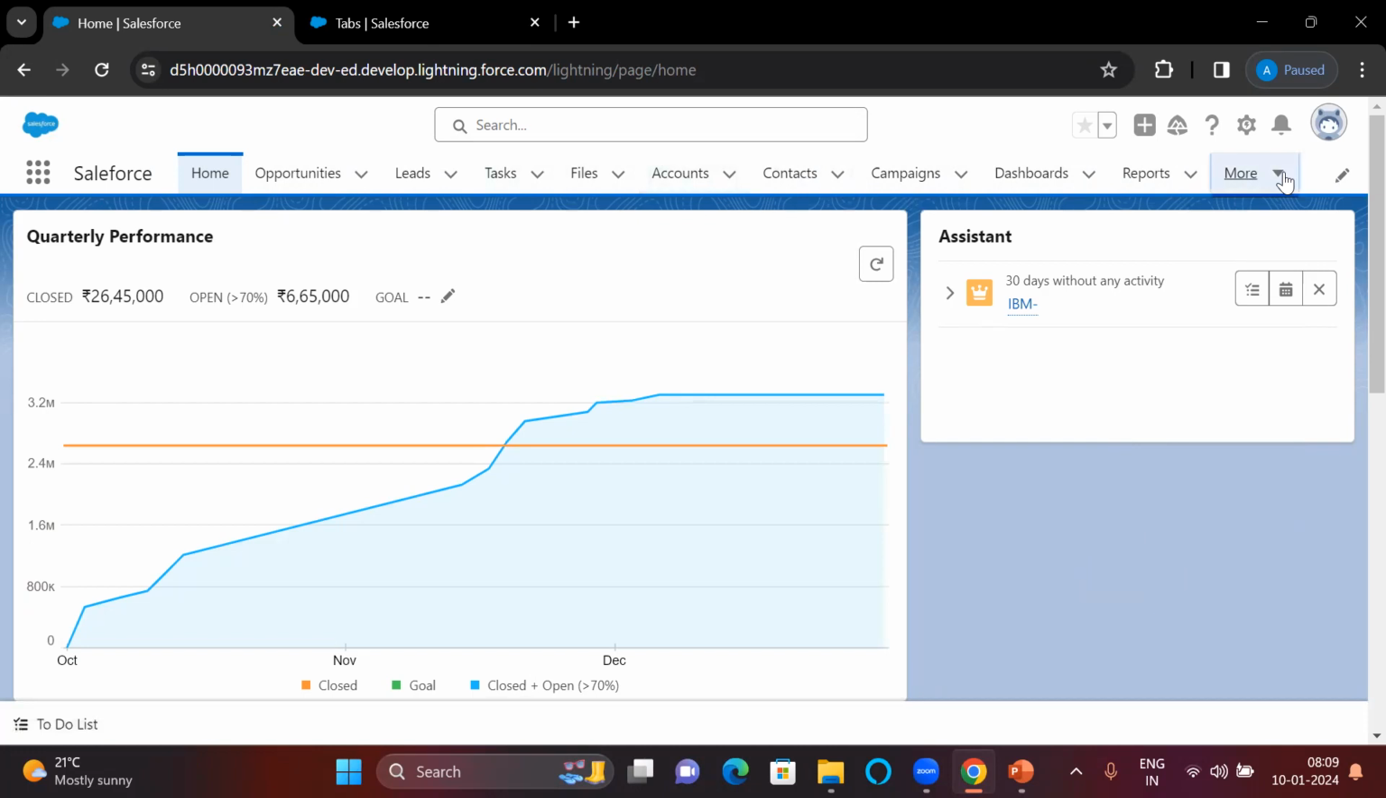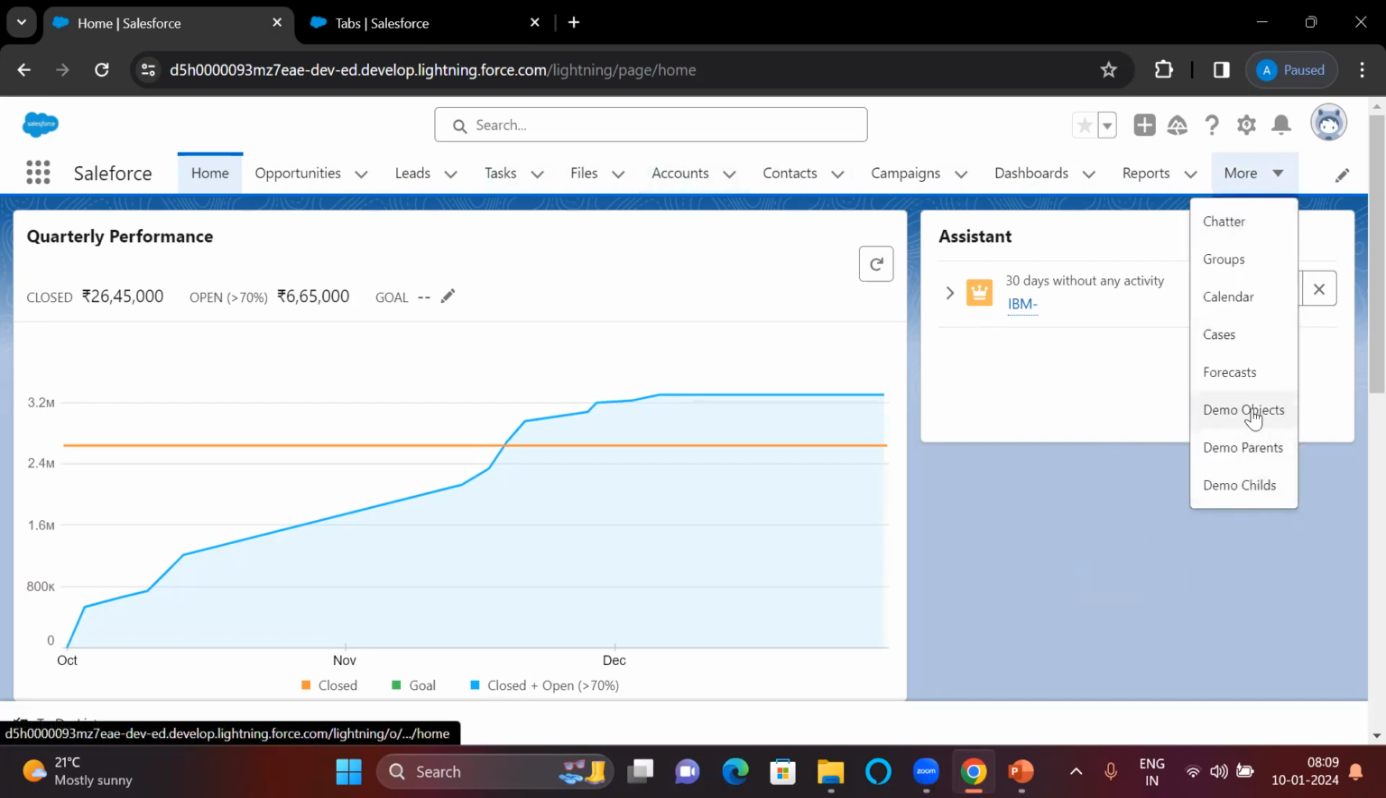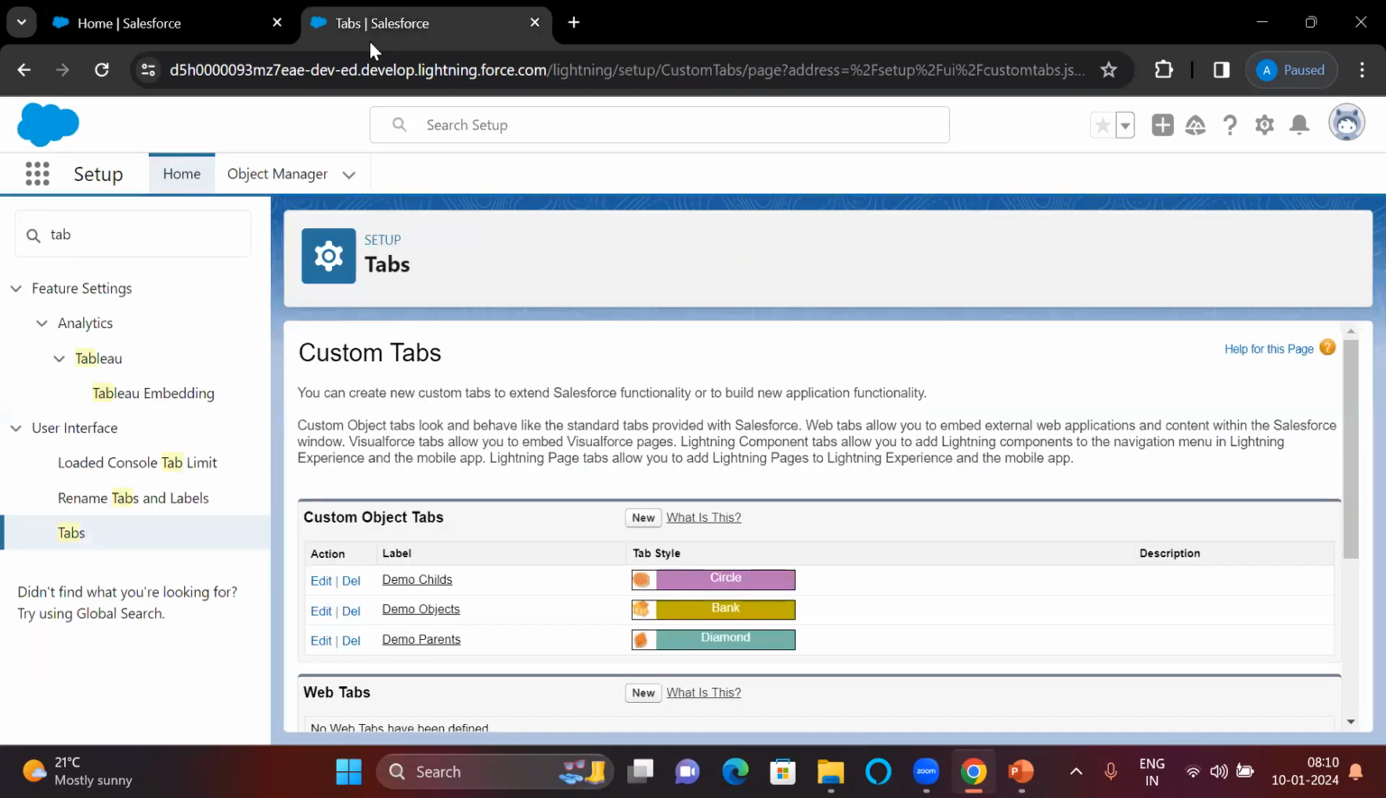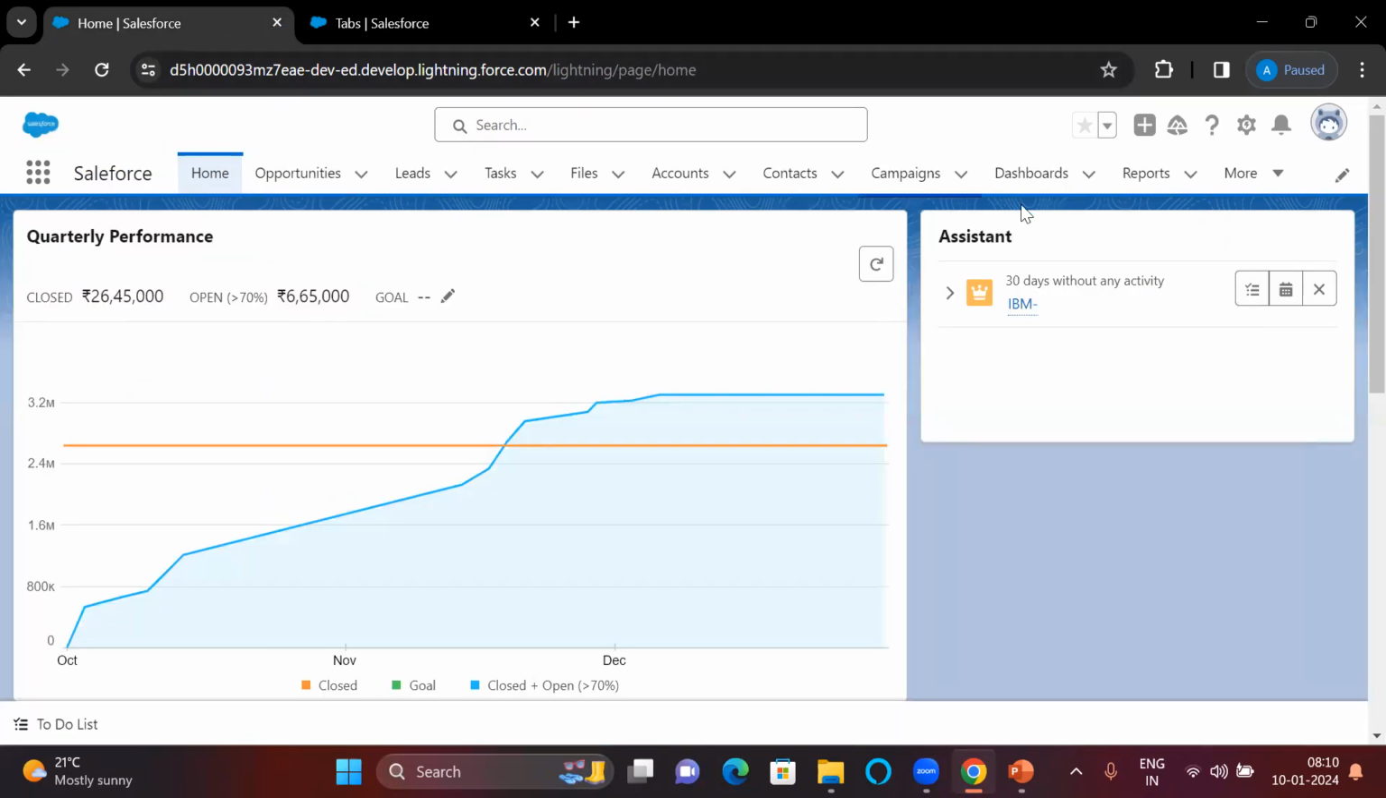For example, I don't want the custom objects which I created to be present in the sales application. How do we do that? Adding or removing tabs from any specific application. I'll do it and let me know tomorrow. So now we can enter data in